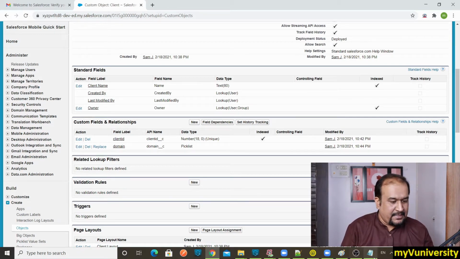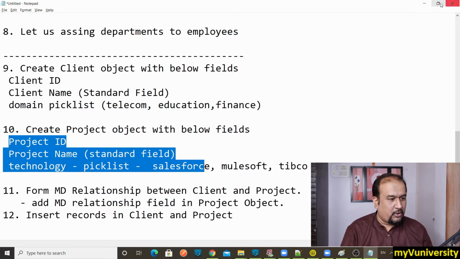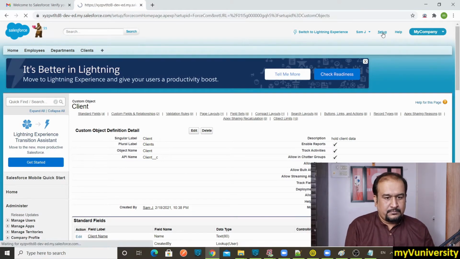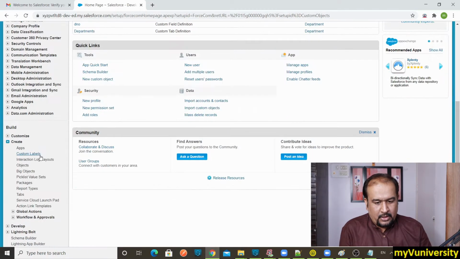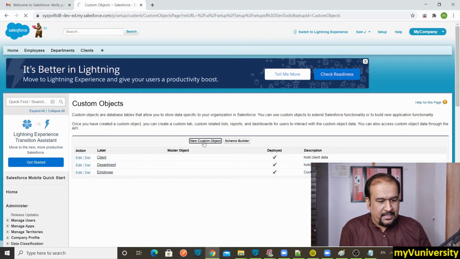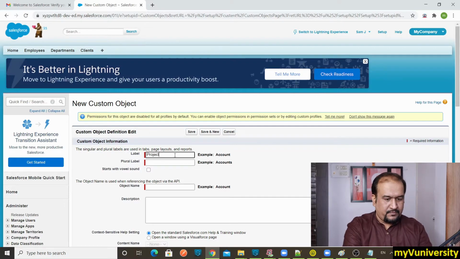Then as I said, let us create another object, which is the project object. So let me click on setup. Then let me go to create object, and let us create a new custom object. So label is project, then plural label projects, project object.